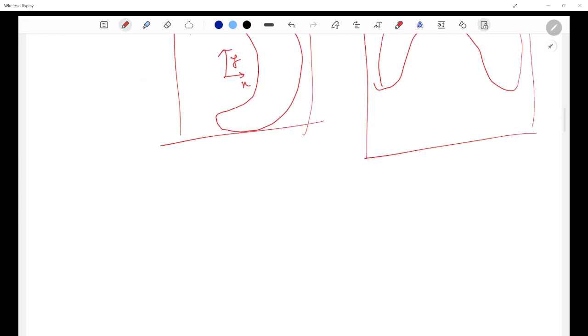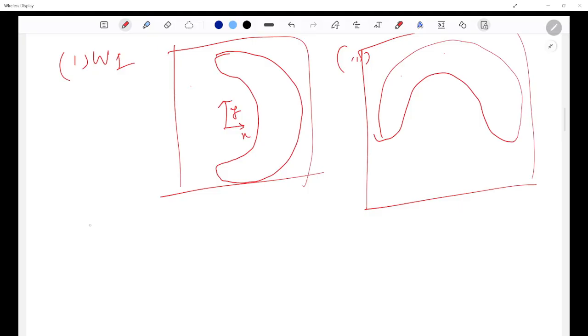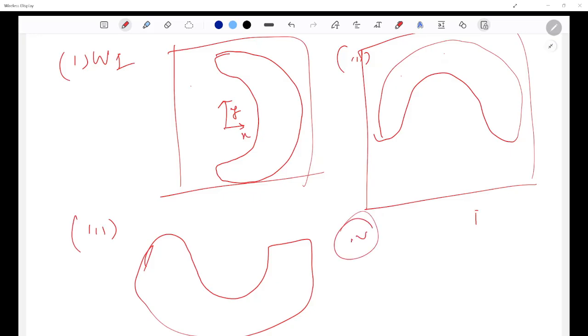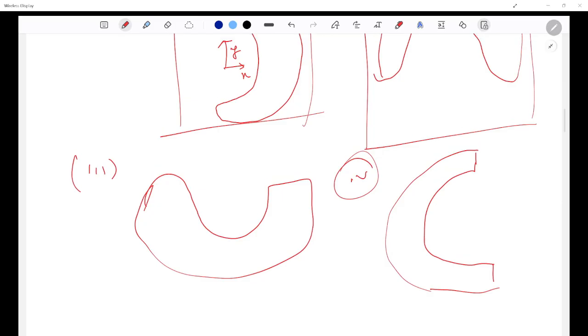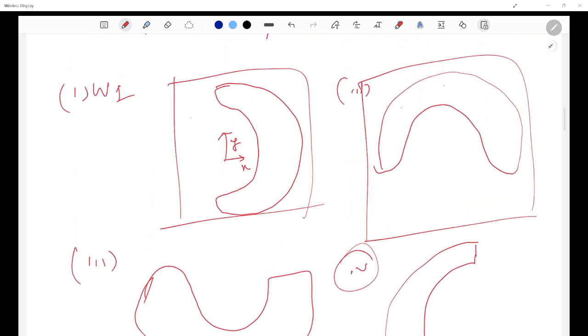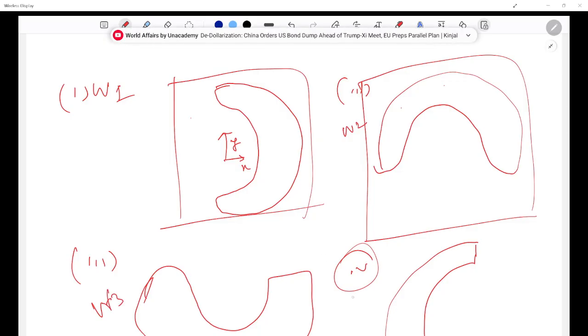Y and X are along the same lines. In third, I have my workspace to be somewhat of this type. Okay, and in fourth, I have my workspace to be somewhat of this type. Okay, so if I ask you that,